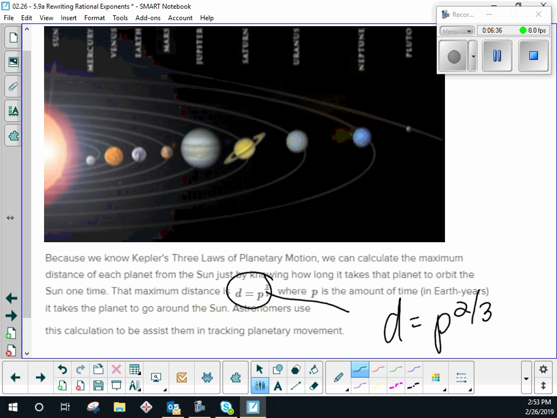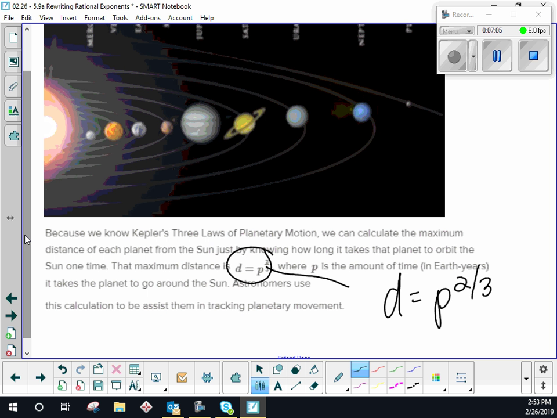In fact, if they did go around the sun in a circle, that's the definition of a circle, all the points equidistant from its center. It'd be real easy at any time to measure how far a planet is from the sun, because it would be the same all the time if it was a circle, but it's not. It's a stretched out circle called an ellipse. And so that requires a different kind of math. And so some famous person, Johannes Kepler,